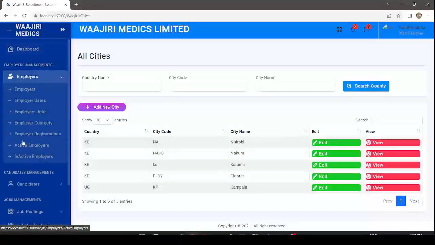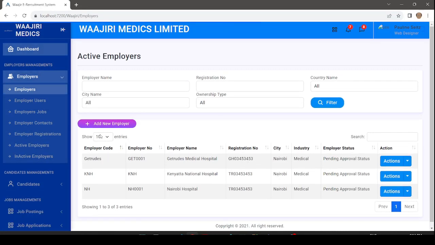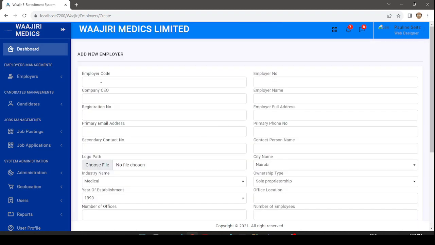Then the next thing is now to update our employers. You can see we have our employers section. This is where we are creating employers for our application. We will be loading employers to our app so that they are able to transact and actually use our platform. To begin with, if you come to add new employer, we are capturing some of the details. You can see the employer code, the employer number. We can actually merge these two and have it as a system generated code. For now, let's just do,